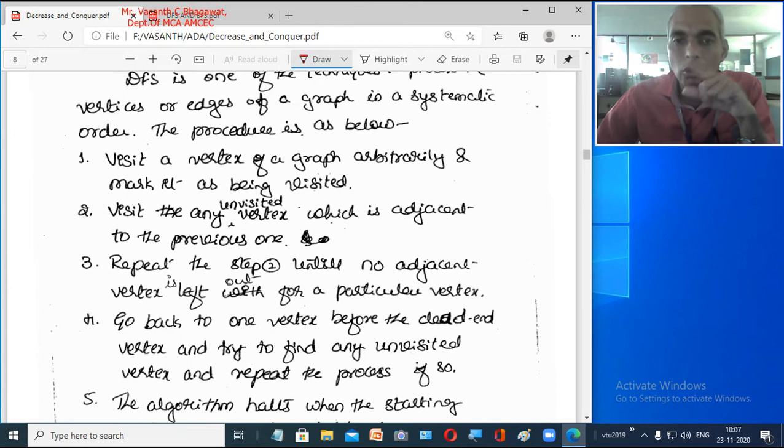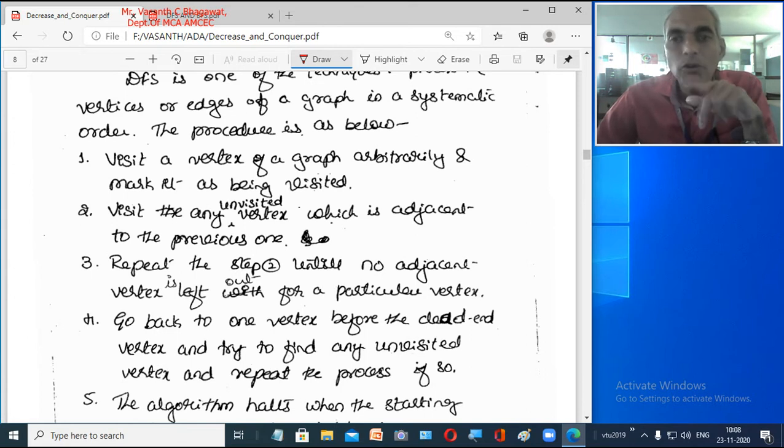You have to consider all the child nodes. Now in all the child nodes, you visit the adjacent one, which is adjacent to the previous one. Generally when you are considering all the child nodes in a graph, we use chronological ordering. So chronological ordering is like, say a graph is given represented with certain labels. All vertices are given names like A, B, C, D, E. So which node chronologically comes first, we try to visit that node if it is unvisited.